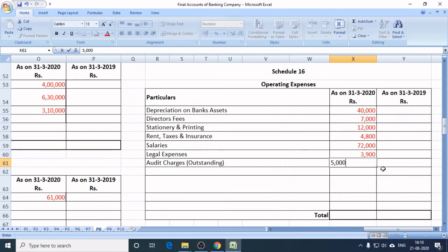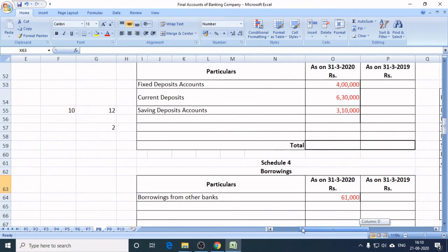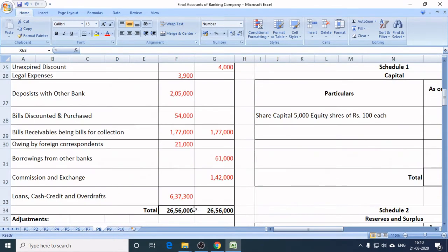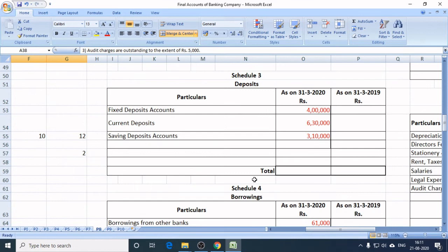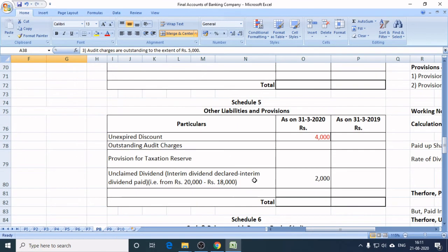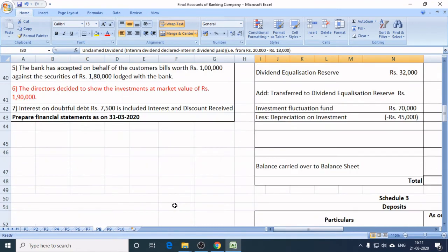Audit charges outstanding। Okay, the next is now it is outstanding, it means it is not yet paid, it is payable. As it is payable, this outstanding audit charges becomes bank's liability and we must show it in schedule number 5, that is other liabilities and provisions। Here outstanding audit charges 5,000 rupees।